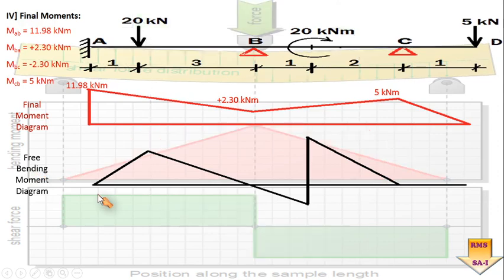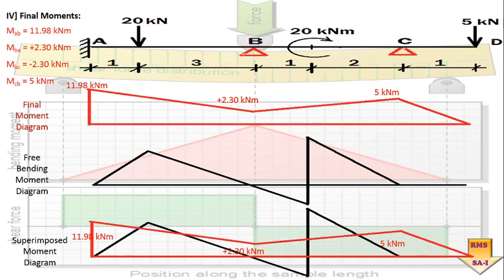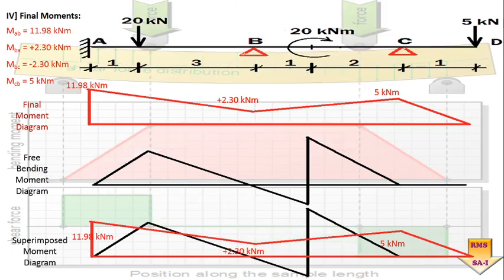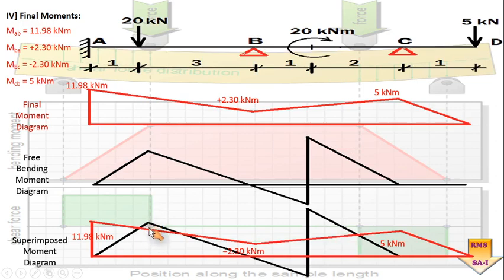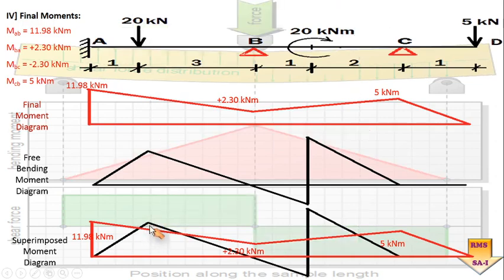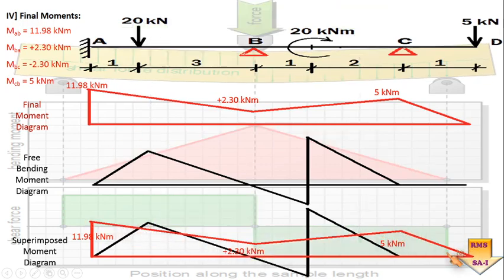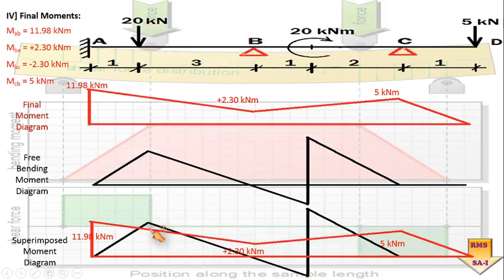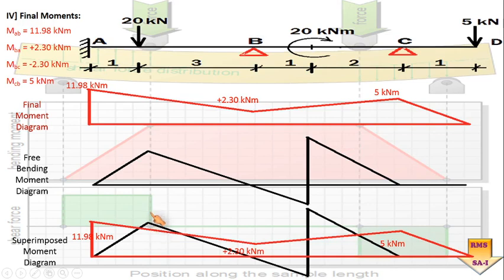And ultimately we know what is to be done. We have to superimpose those two diagrams, and after superimposition, whatever difference between these two will always be equal to the resultant moment occurring about that point. And already I have told you this red line will be treated as a new axis, which is called a neutral axis, where bending moment will be equal to 0. Below that are negative and above that are positive.